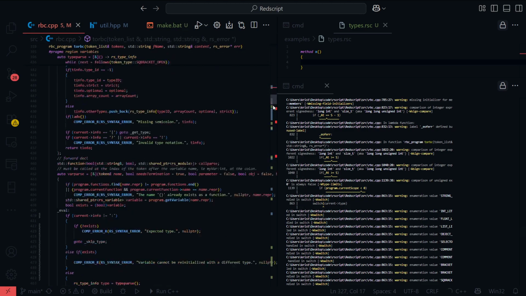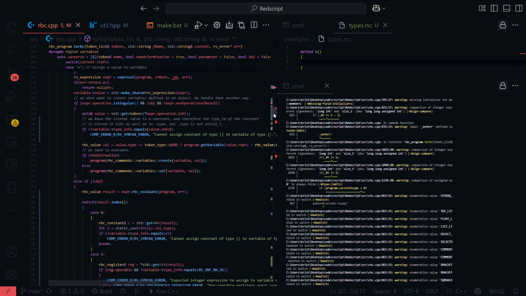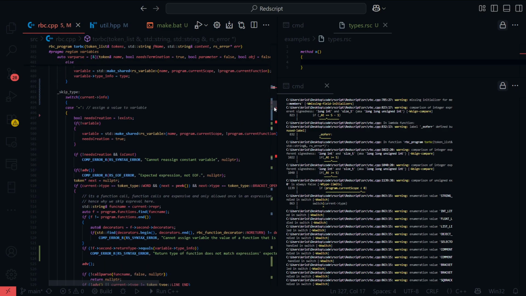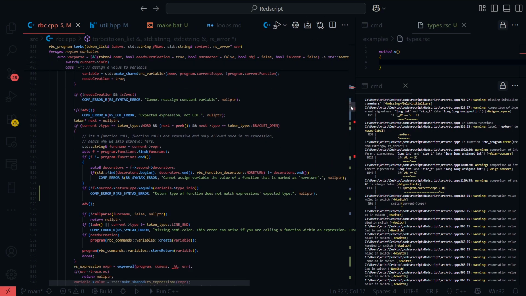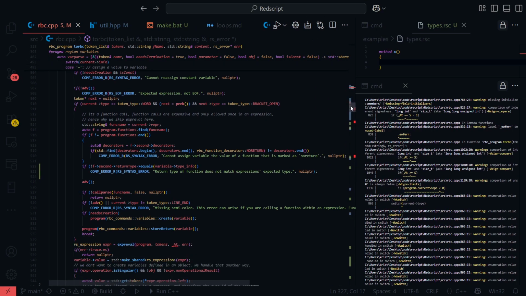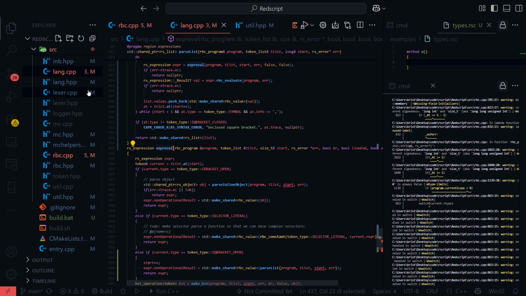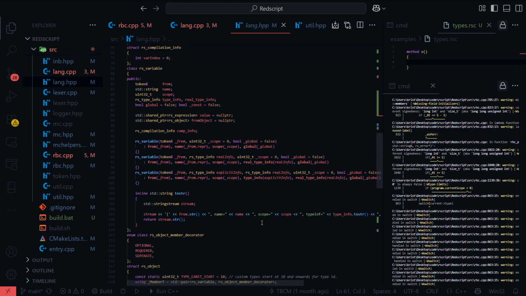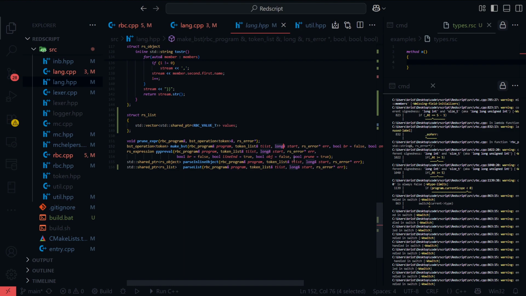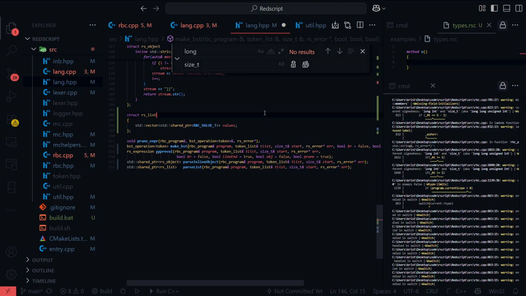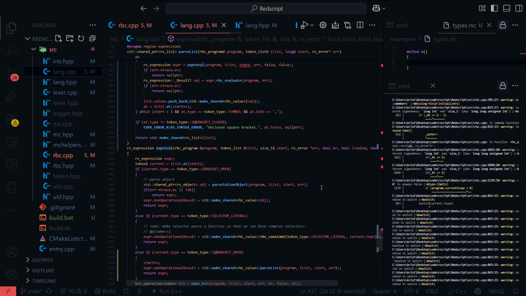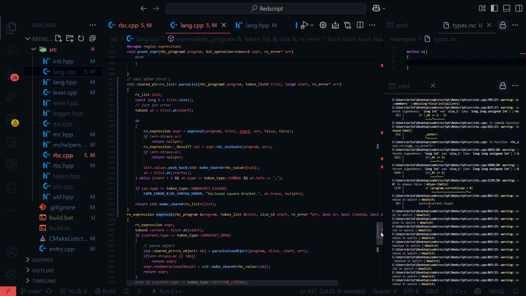And we'll have to go into all these errors and change the function signature to take a size_t. So expr eval should take a size_t reference. Okay. Let's find long and replace it with size_t. Rand. Go up to these functions.